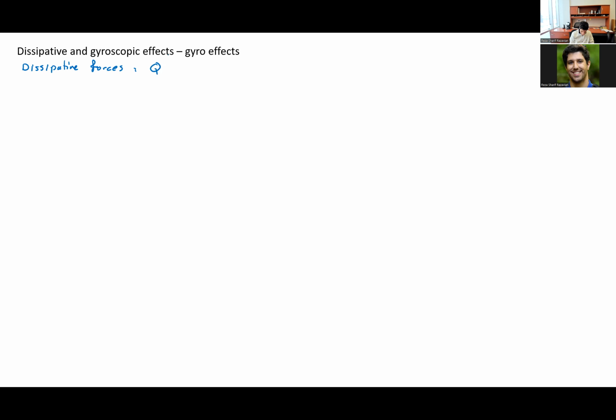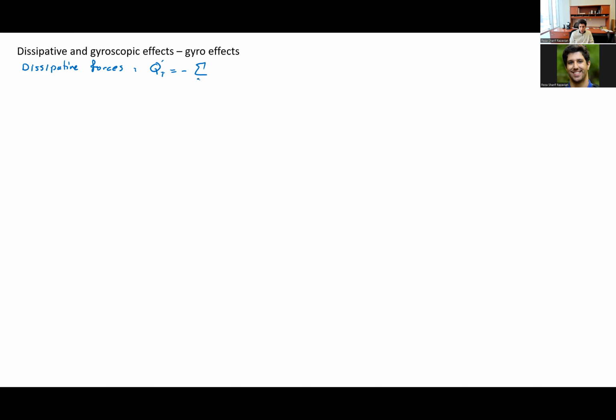where Q's on Qi, they were coming from these terms, coming from dissipative forces. That, by the way, I made a mistake about this sign. So I made two mistakes. In the last video, this sign was positive and I made the sign of F to be negative. These two have to be flipped. Q is negative, F is positive. Anyways,